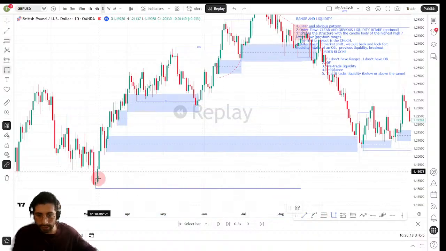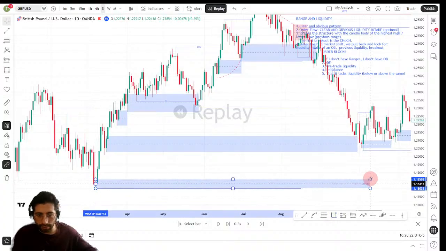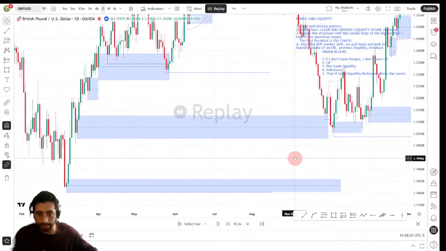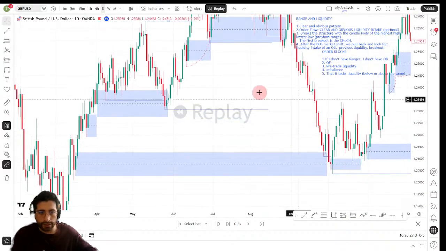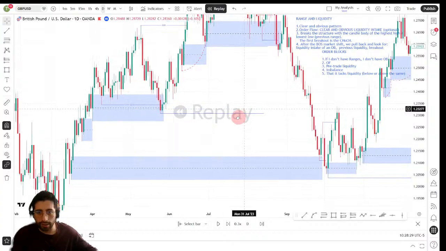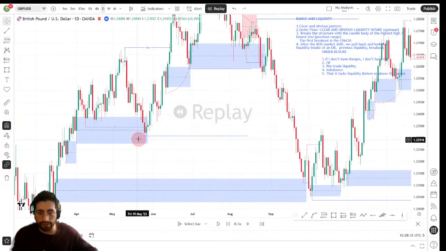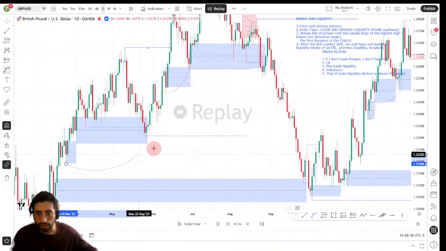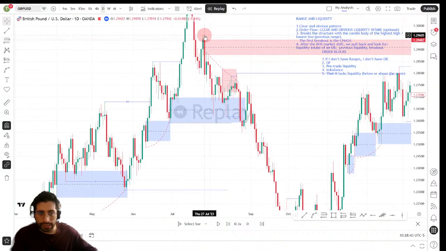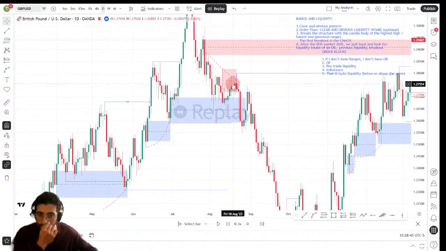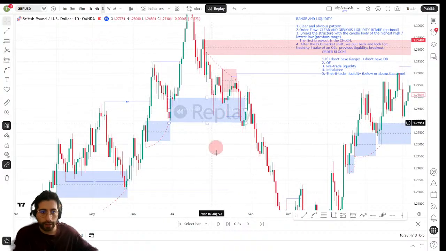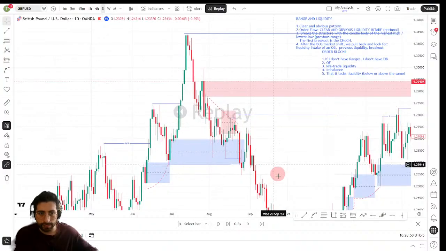Now look at the next. We also have an extreme of movement creator, right? But what happens? Since the price made all this liquidity, after a second impulse the price decided to go down and takes all the liquidity. Now you can understand what happens when the price has these very flash or strong retracements and